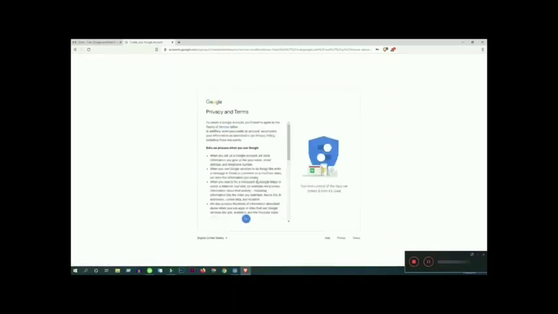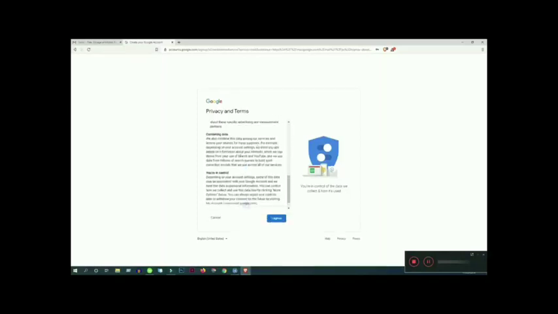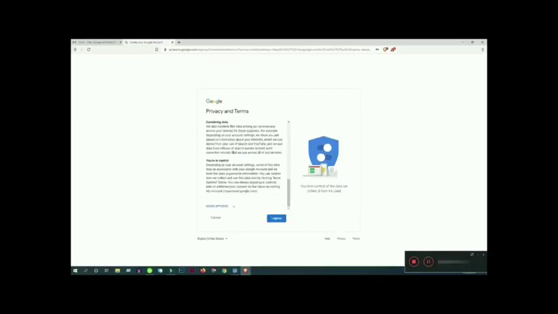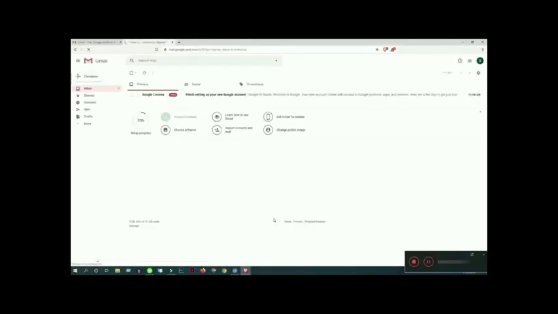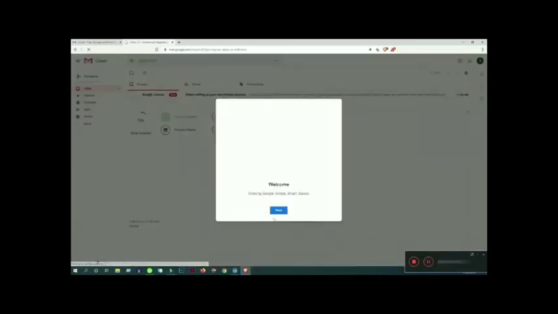Now you have to read the privacy and terms and conditions carefully, and click on the I agree button. The page is loading. Here is your Gmail account. Welcome.